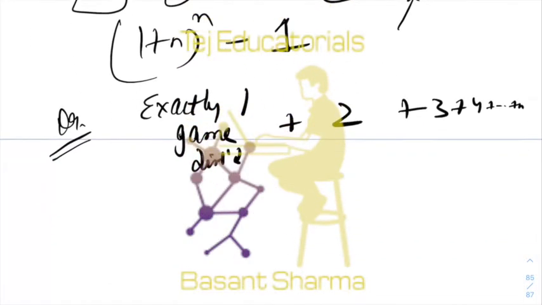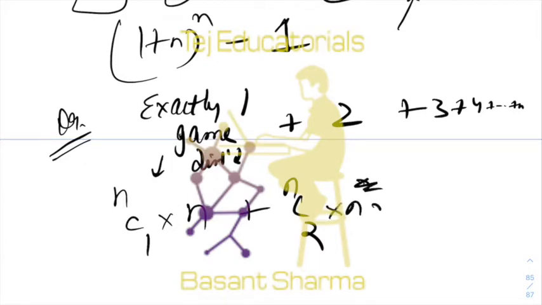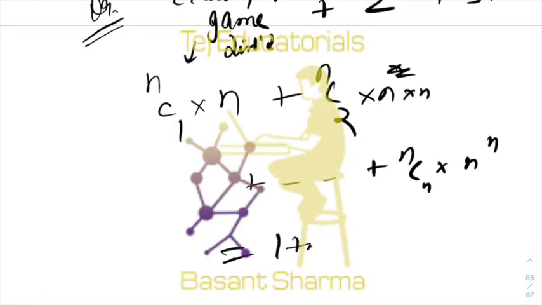Now what are the number of ways in which you can distribute one game amongst n children? So first of all, select the one game that you want to distribute, and then it has n choices. It has n children out of which it can go to any one of them. Then select 2 games, and then you have n square, n into n, right? The 2 games, each of them have n choices each, and so on till nCn into n to the power n, which is nothing but 1 plus n to the power n minus 1. Okay.